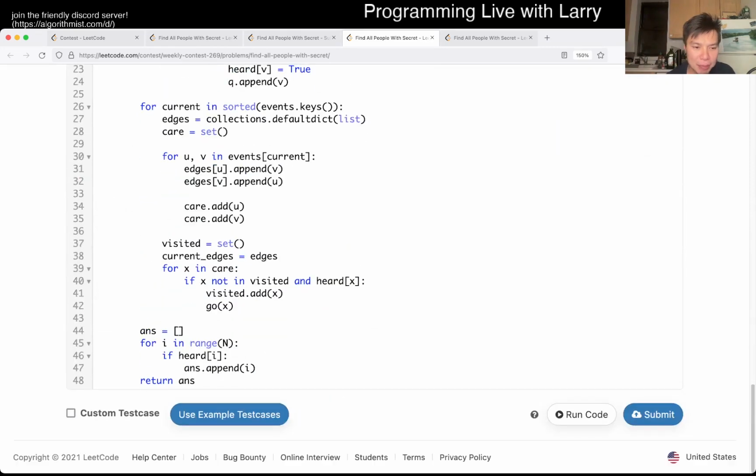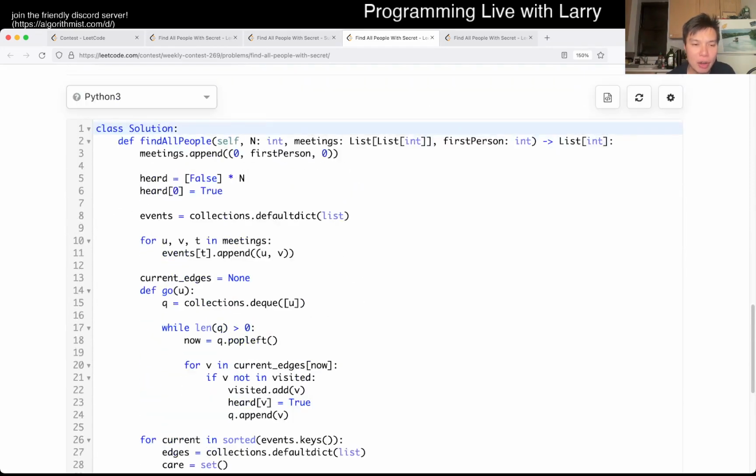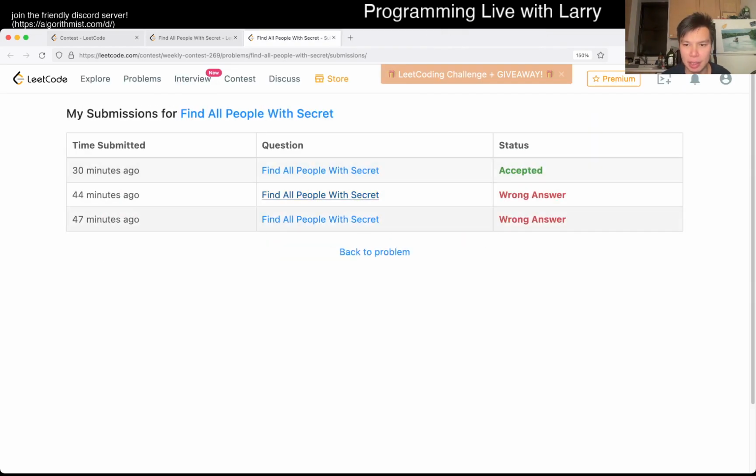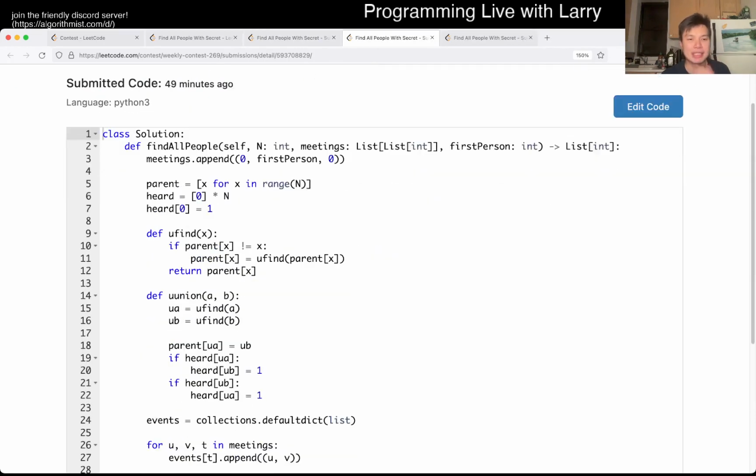So I ended up with this long code where, and this is a common thing, if you're a follower and watcher of my videos, you know that I love to do sweep line type things, and for this particular problem, that's how I structured it. Okay, so actually that wasn't the wrong answer. I have to click on the wrong answer instead of the problem. Sorry, friends. But this is my wrong answer.